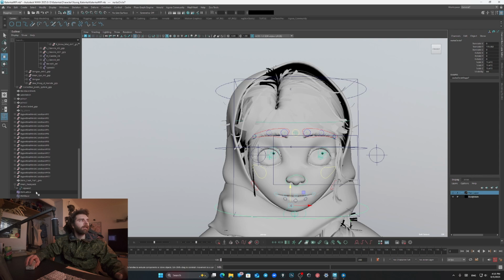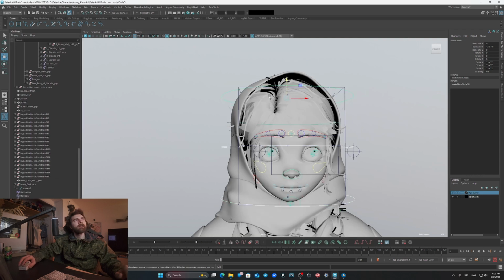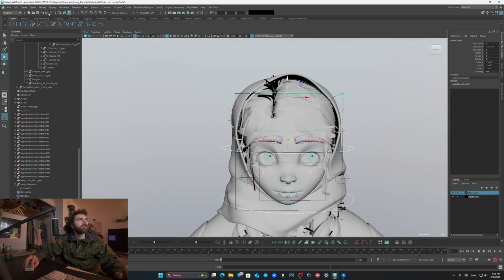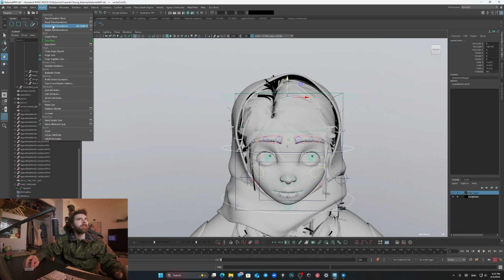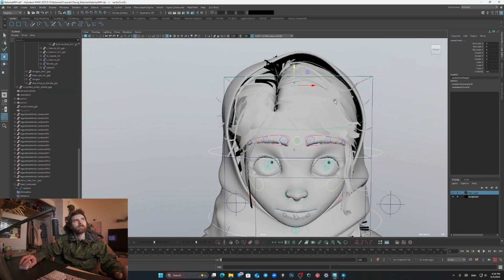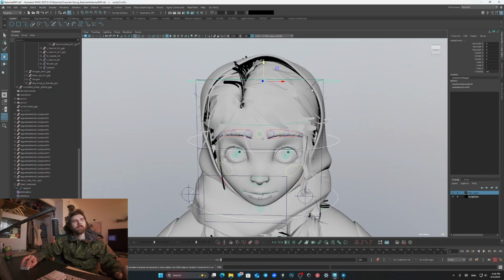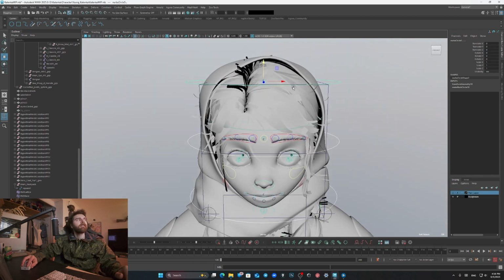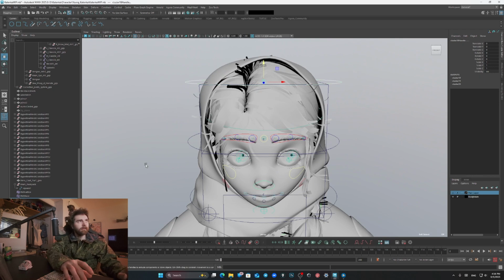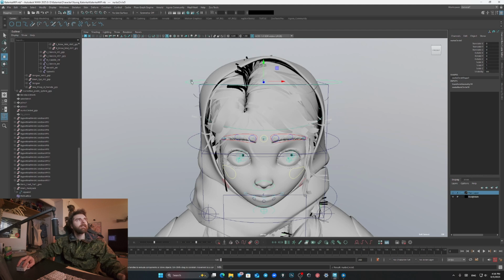And we're going to go ahead and select all of our controls and come up here and go ahead and freeze those transforms, so the animator can always reset if they need to. Alright, so now we'll grab the first one and the first cluster and just click P, and let's